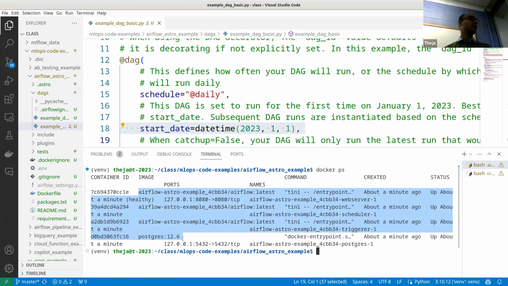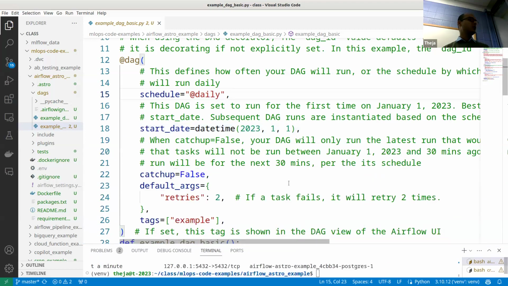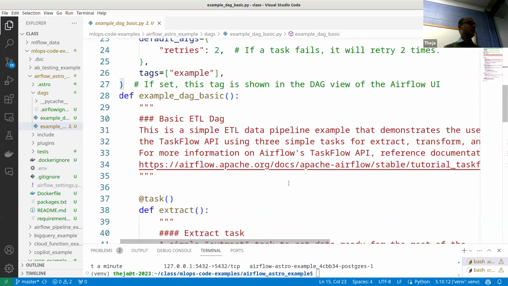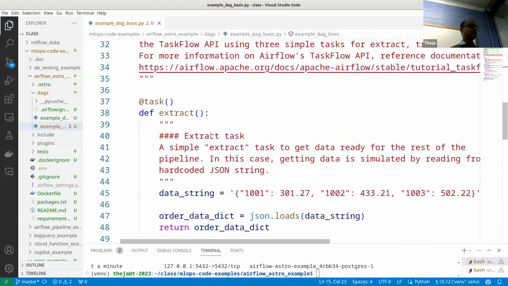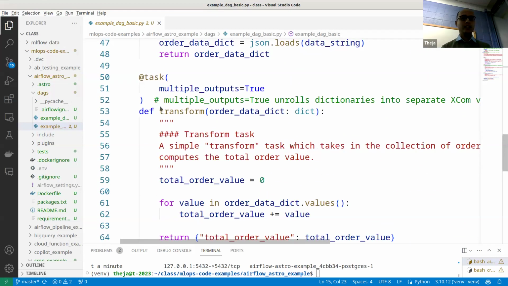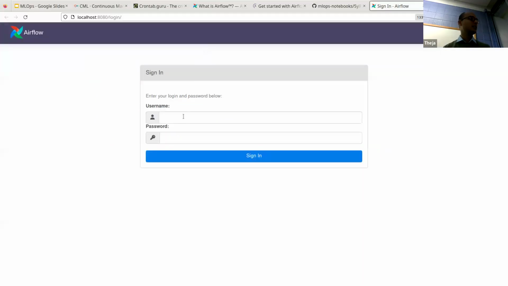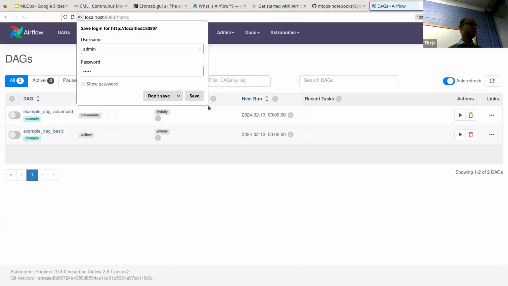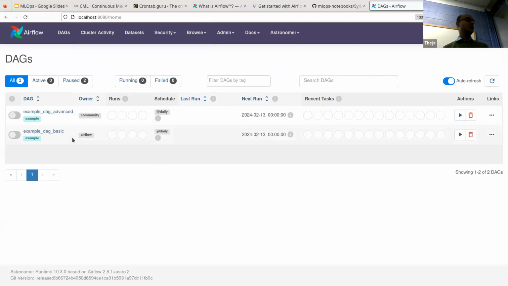Let's look at this DAG, and also in the UI. So what is this DAG doing? This DAG has a couple of tasks. Actually, let's do that in the UI so that it's a little bit easier. The username is admin. So there are 2 DAGs in that folder, and that's why 2 entries appeared in this UI. This is just a Flask app, but more elaborate.